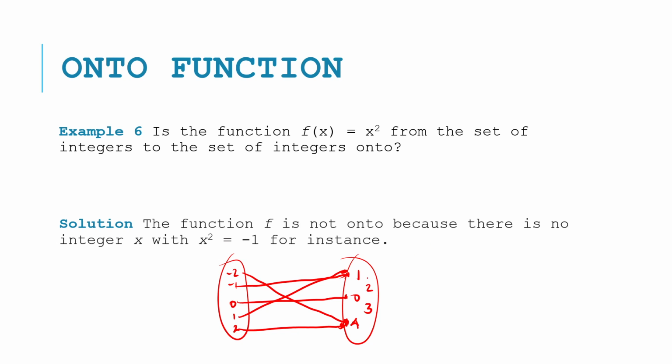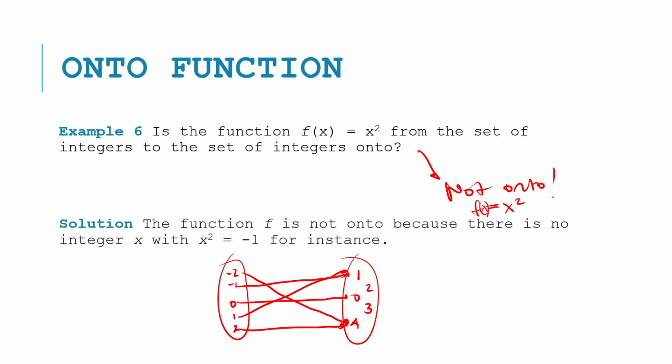Okay? 2 and 3 will never have an element in the set of integers of our domain, because there is no integer x where you would have a 2 if you would square that value of x. Therefore, this is not onto. F of x that is equal to x squared